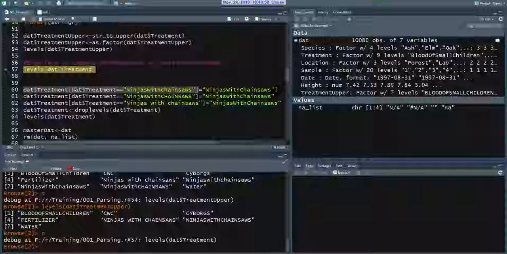What do I want to set equal to that? I want any of the entries in dat dollars treatment where, and this is redundant, the entry of dat dollars treatment is this flavor of Ninjas with Chainsaws. I want to change those. So what I'm doing is, if we copy and paste this down,